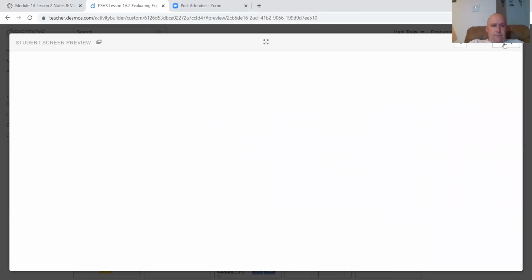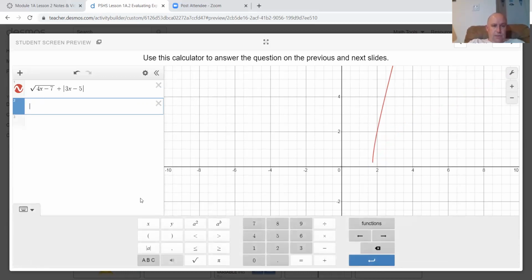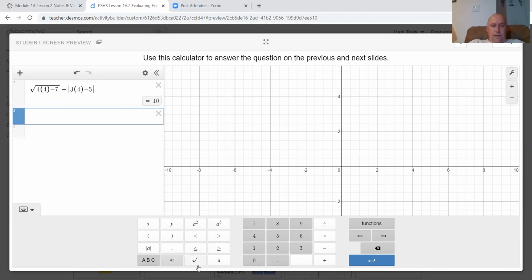So if I go back now and retype this question, this time I can just substitute in, well, let me do it up here, where it says x, just plug in 4. And where it says x, just plug in 4, and get rid of the x. And you can see it will actually do all the work for you: 10. So that's really helpful. The other way for doing that question is you type out the question, but